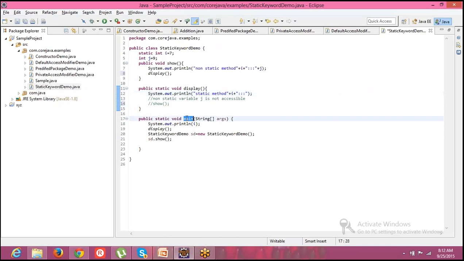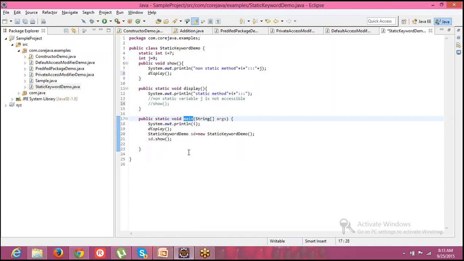This static, right? So main is also a method and its type is static. And it comes with a keyword called static. So that means this is also a static method. So this static method is able to access static variables as well as static methods, and along with those static properties, it is also being accessed with a non-static method, right? Is it not a non-static method? So how is it possible? That is what his question is.